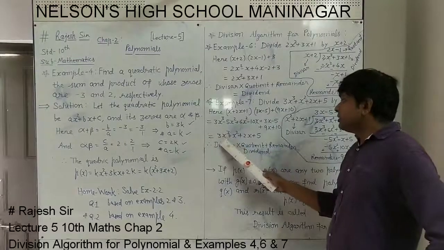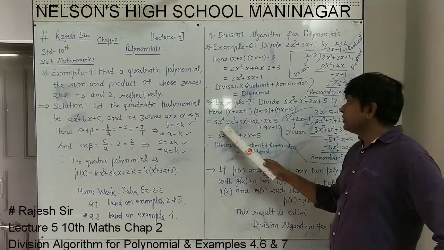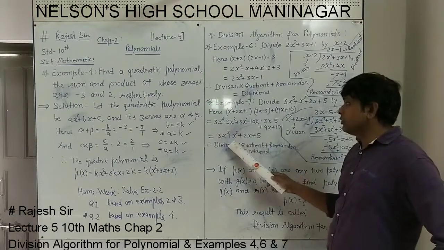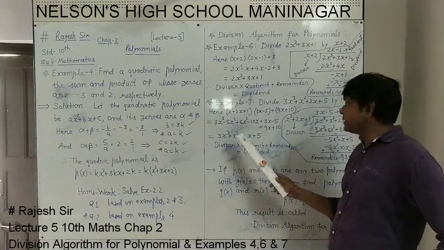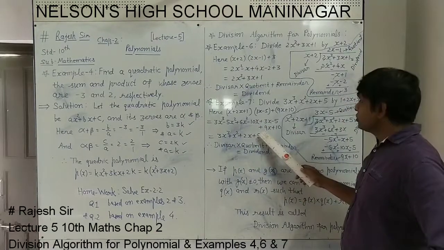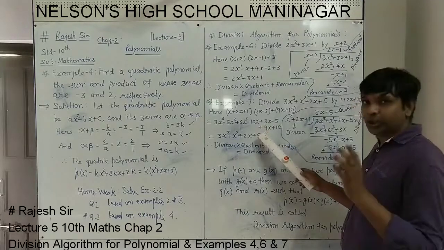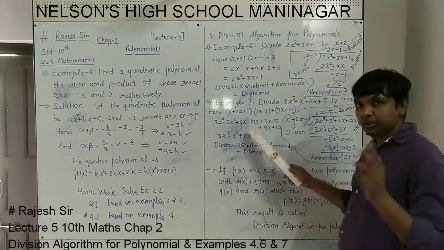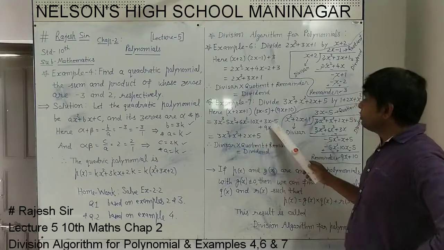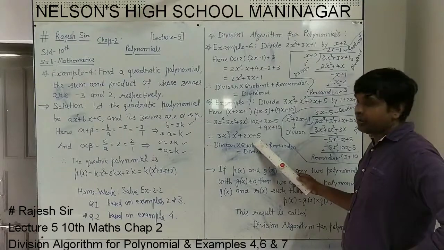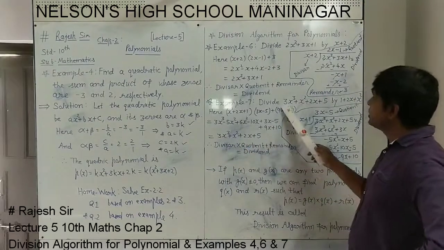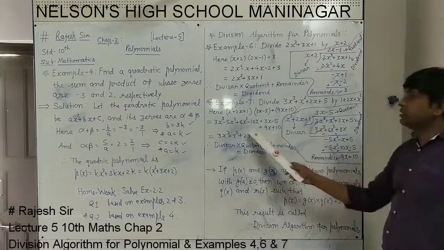Now 3x cube as it is. The x square terms are these two terms, minus 5x square plus 6x square. So what will be remaining? Plus x square. The x terms are minus 10x plus 3x and plus 9x. So plus 9x and plus 3x is plus 12x, minus 10x will be plus 2x remaining. So it is plus 2x over. Plus 10 and minus 5 will be plus 5. Now this is the answer. You see this is the dividend, 3x cube plus x square plus 2x plus 5. This is the dividend only.